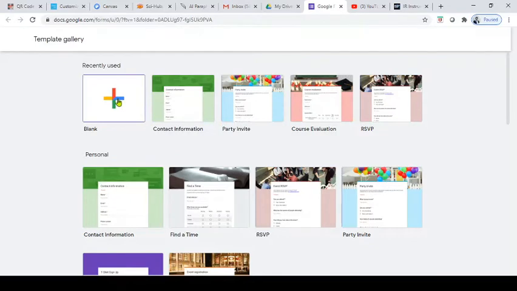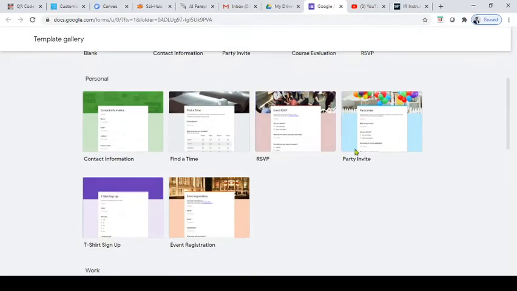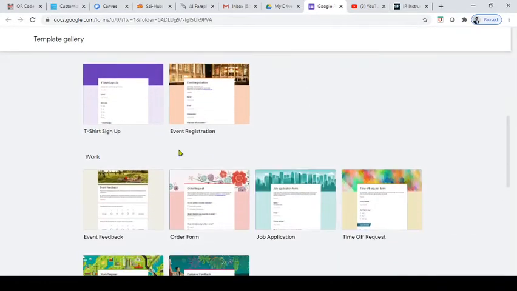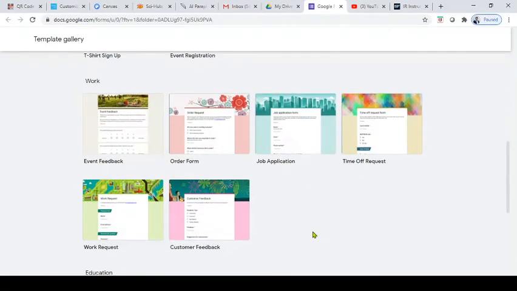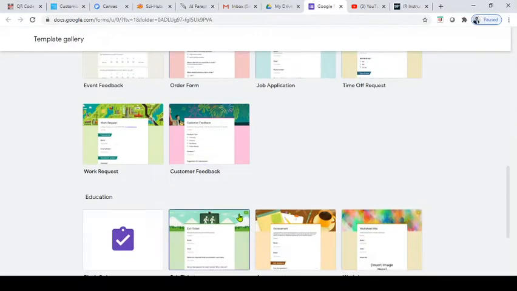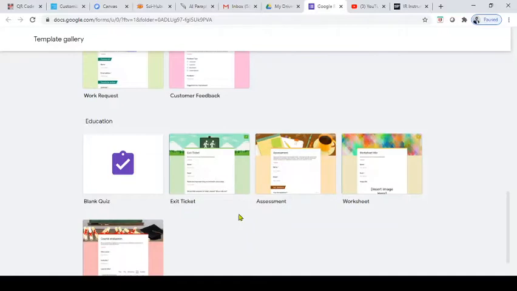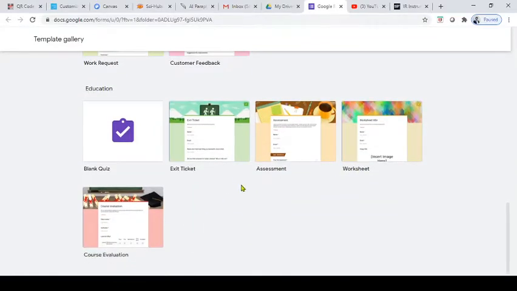A blank template, or a contact template if you want to collect contact information, or if you want to evaluate the course that you have conducted, or a party invitation, event registration, order form, job application, worksheet or customer feedback. So there are predefined templates, and an assessment is there, like course evaluation. There are different templates.